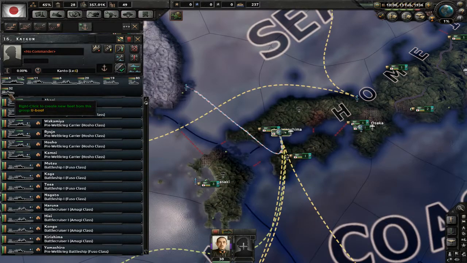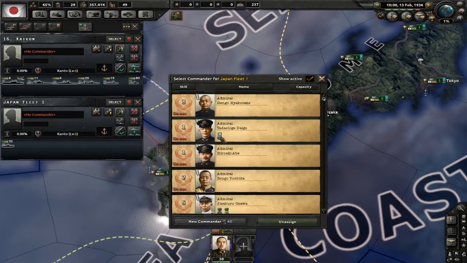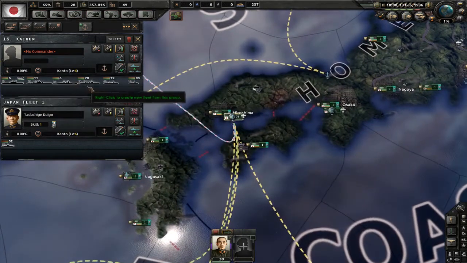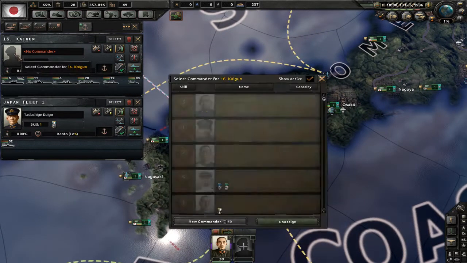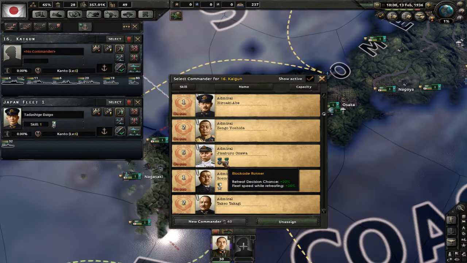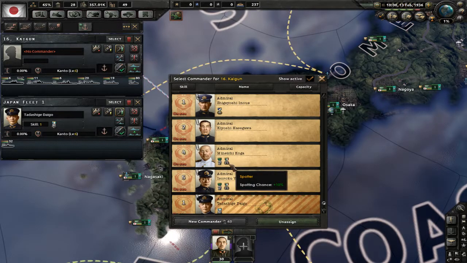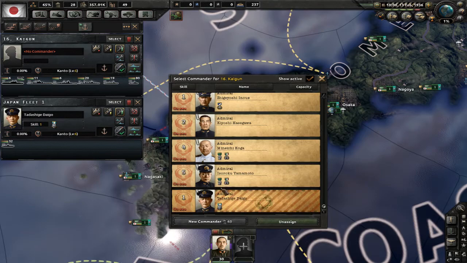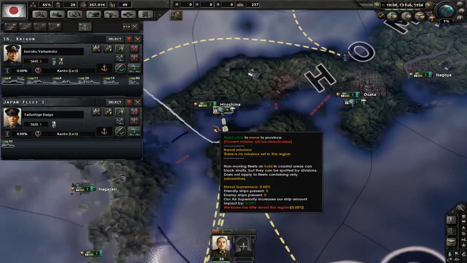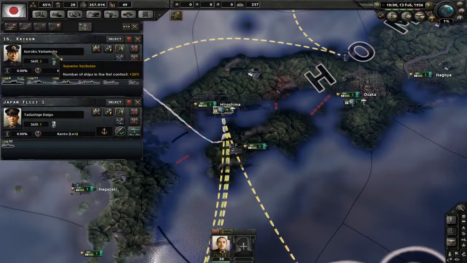So now let's split off the submarines. All U-boats, and you will be under the command of the Sea Wolf. And then let's go to you, and you will be under command of Blockade Runner and Superior Tactician. You're a spotter, and... Okay, the main fleet will be under Isoroku Yamamoto, who I believe is a very famous character. I should know this, but his name definitely...